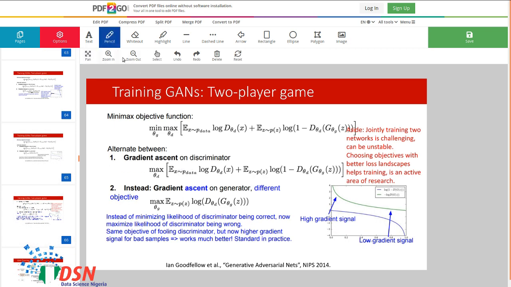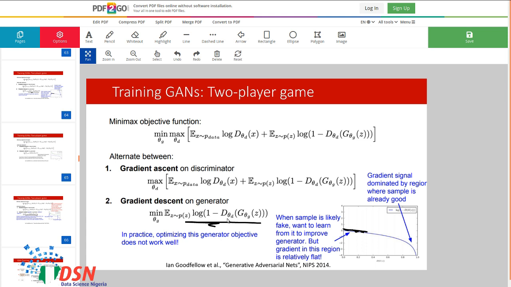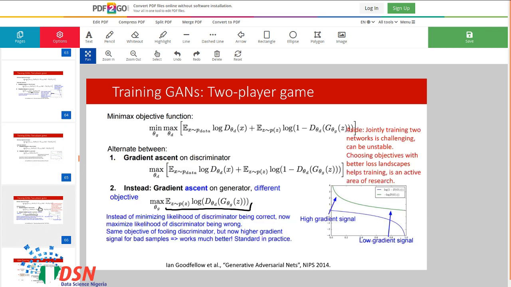To solve this problem, instead of using gradient descent, we could use gradient ascent on this. So instead of having 1 minus the discriminator output for the generator, we now have maximizing, with respect to the generator parameters, the discriminator output.